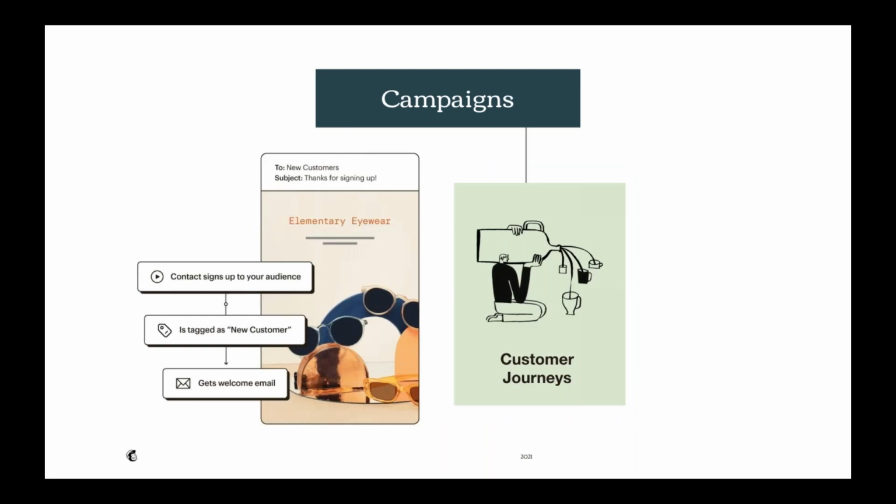Then there's customer journeys and automations. MailChimp's customer journey features allow you to create automated and targeted emails that are sent when triggered by a specific date, event, or contact's activity. Now, there are even more campaign options in MailChimp that we'll explore in other webinars, but for right now, regular email and marketing automation campaigns are a foundational place to start within MailChimp.